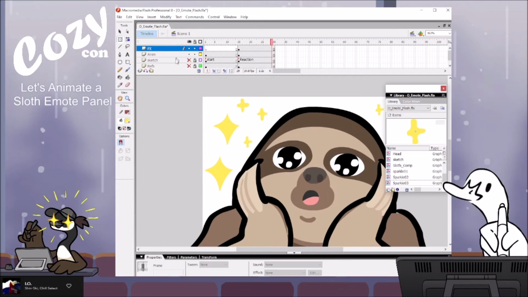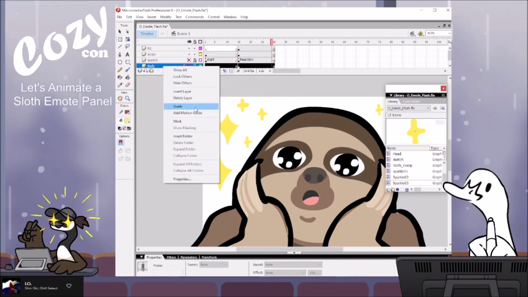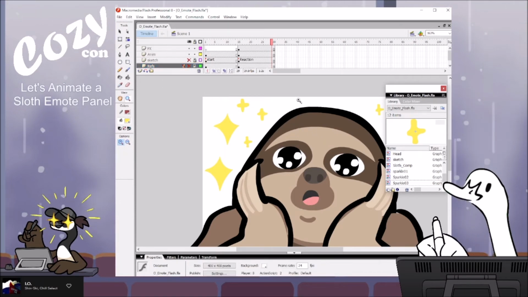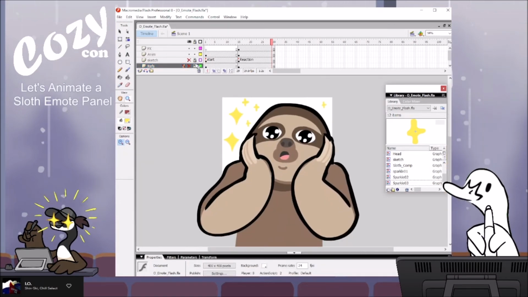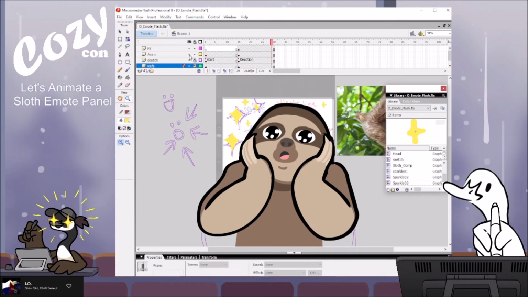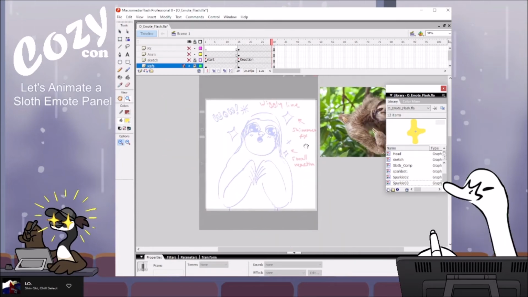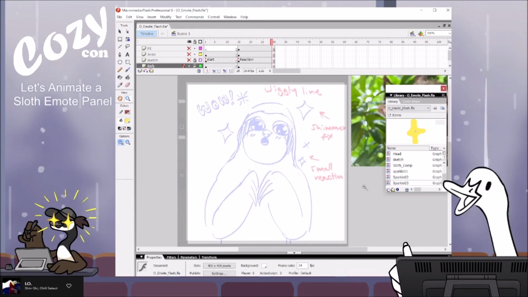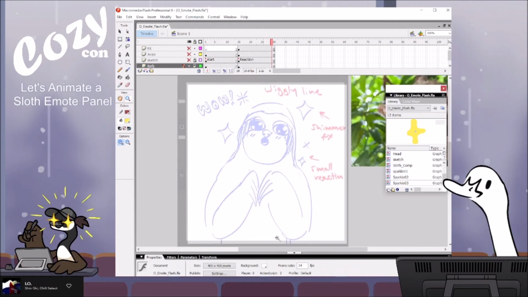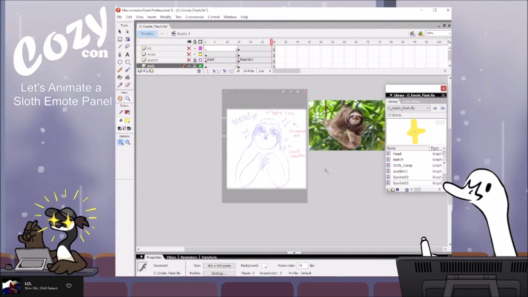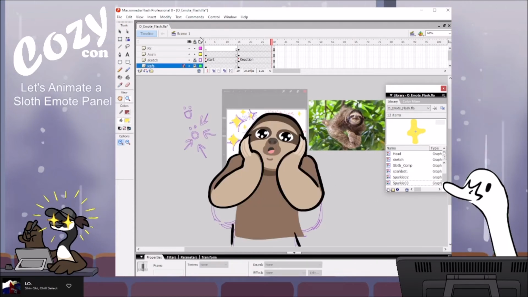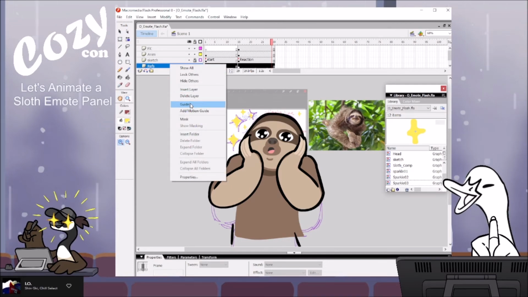Let's see. Oh yeah, handy also, Animate has guide layers, so I actually have my initial sketch. When I was pitching these ideas to Tamarin, this was the initial sketch I did for the sloth. But holding the face actually felt way more appropriate given what I did for the art gallery this year, which,